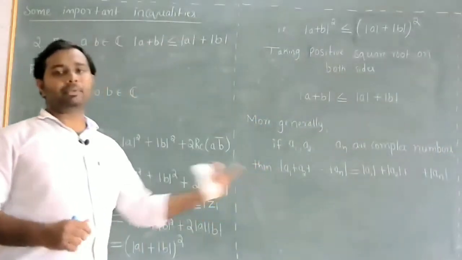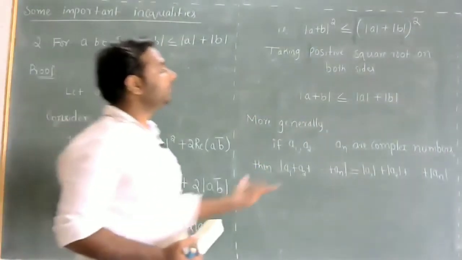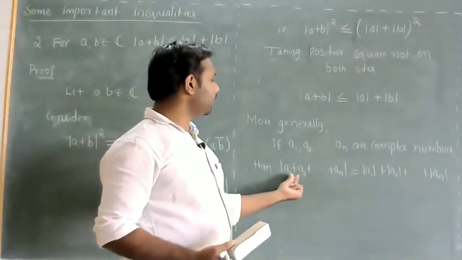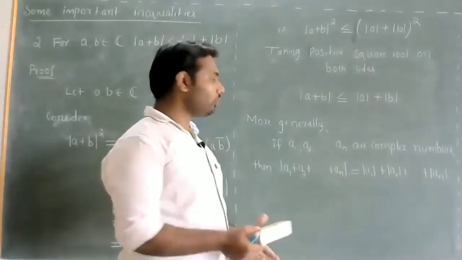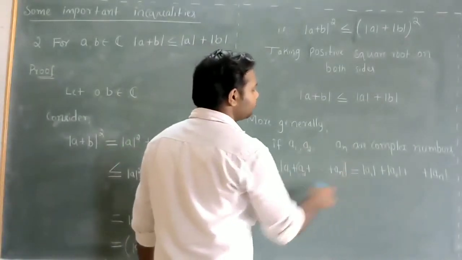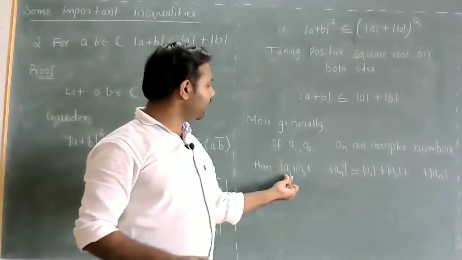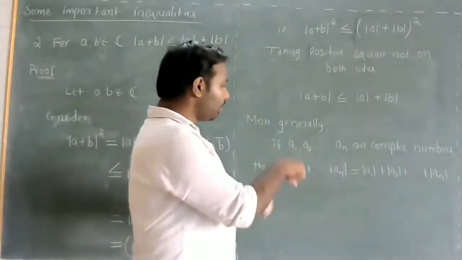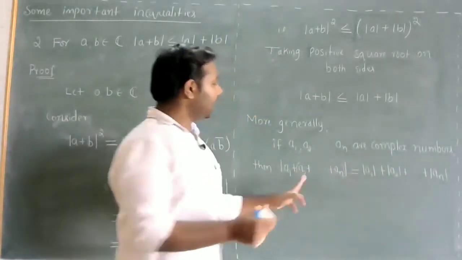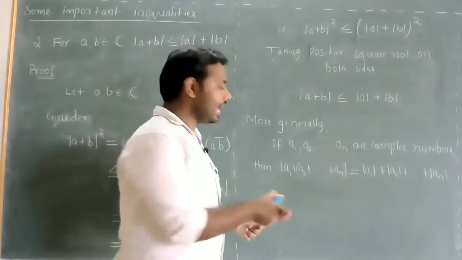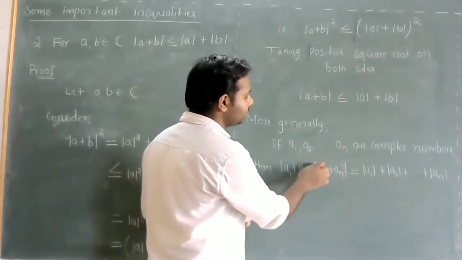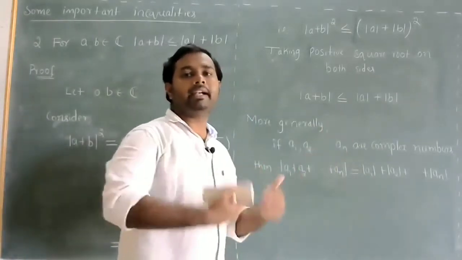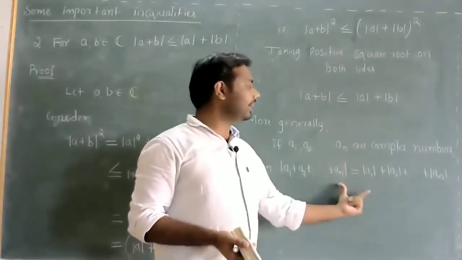So we can prove this by repeated usage of the above result. So here modulus of A1 plus A2 plus so on AN is there. What we will do is group all these numbers, so it is of the form modulus of A plus B. It will be less than or equal to modulus of A plus modulus of B. So modulus of B means it is modulus of A2 plus A3 so on AN. Once again in that we will keep A2 as it is and we'll group the remaining complex numbers. Once again we'll apply this. So by repeated usage of the above result, we'll get this.